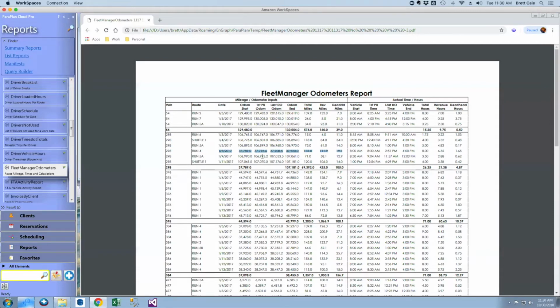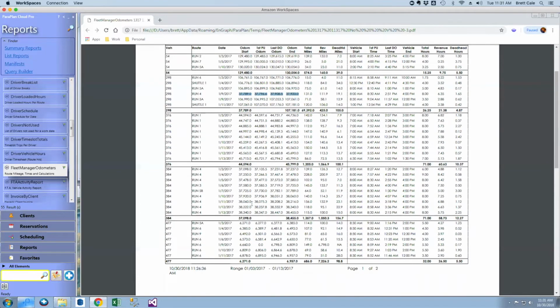So you can kind of see I'm taking the lowest odometer, and then the highest matches the right vehicle. So you end up with this huge number here, and you know something's off. So I can further investigate, look through here, and I see, hey, these 37s don't belong with the 106s. So then I can look, okay, this is on the 9th on run 4, and look through here and see, oh, okay, so actually vehicle 384 has some numbers